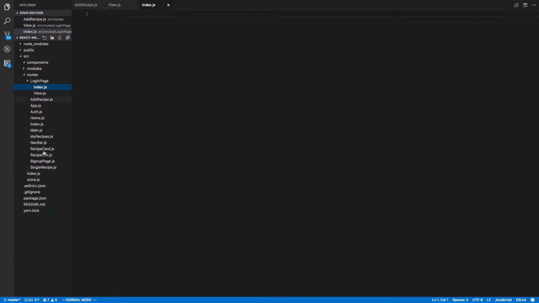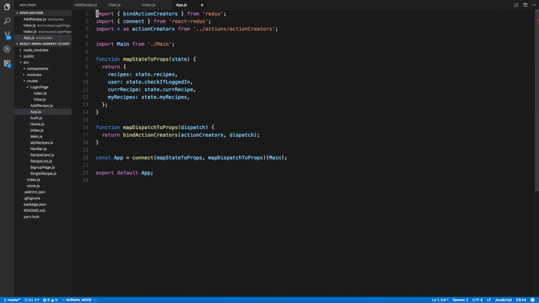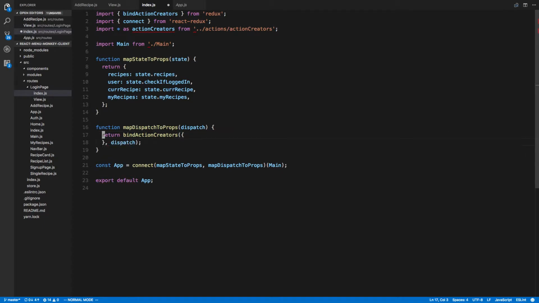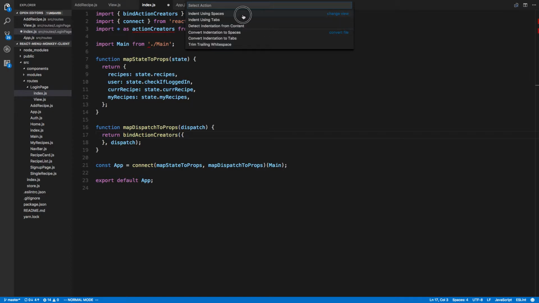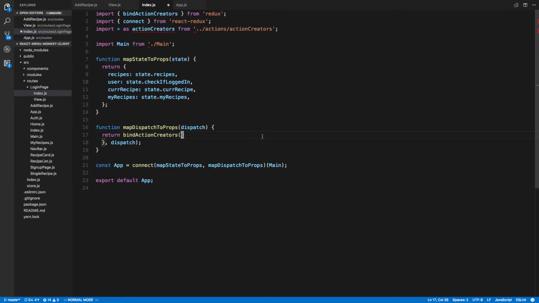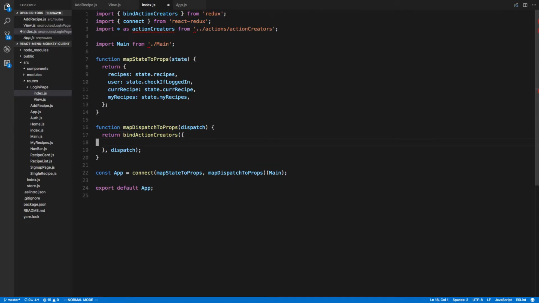And what this index is going to do is basically the same thing as this app does. So we can copy that, paste it into index. And what this app is doing is it's grabbing all the states and all the actions that we need. So we can actually just open this up. And again, I don't know why I need to change my default, I think my default is 4 spaces. I need to look into that. It should be 2. Okay, but here you can add all the things that you need from Redux for your